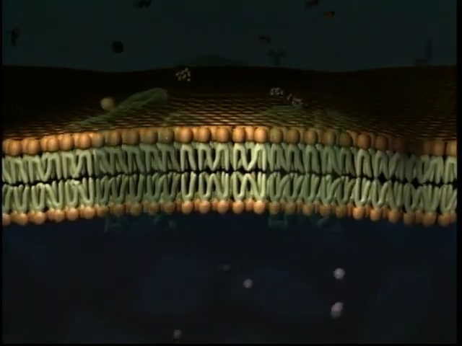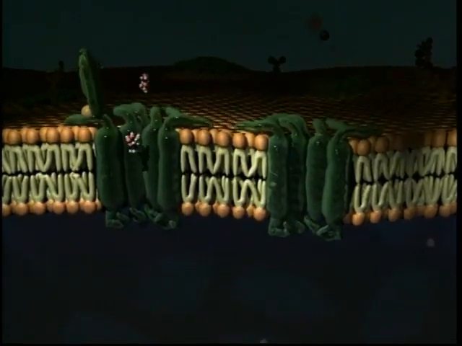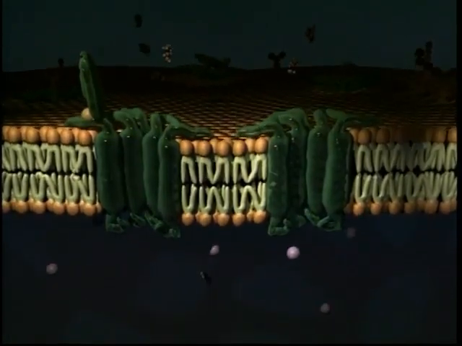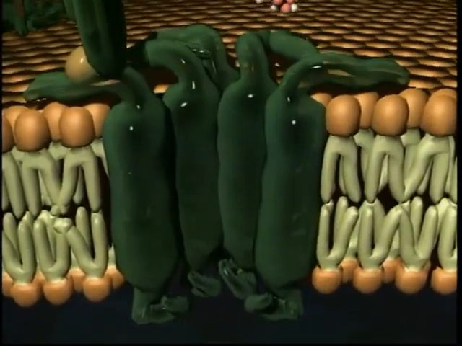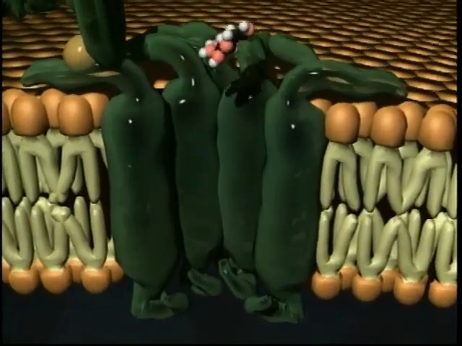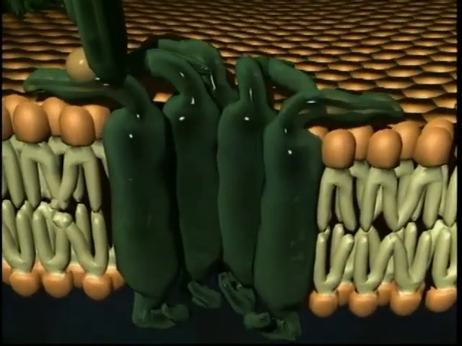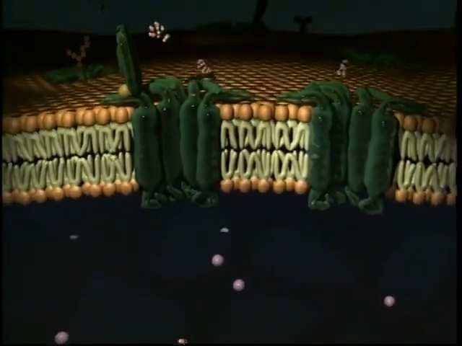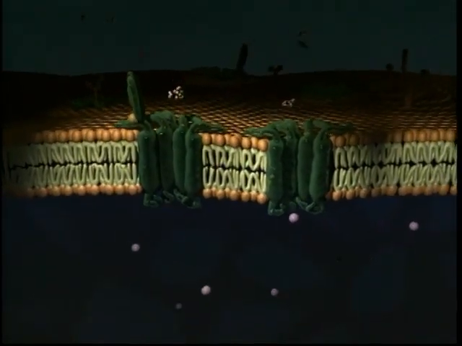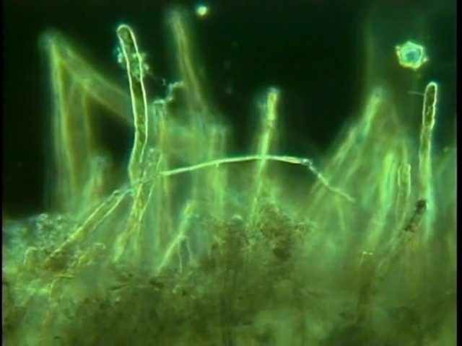For example, some proteins in a cell's membrane act as channels for specific ions or molecules. These channel proteins don't use energy at all. They simply allow the materials to naturally diffuse from the side with more solutes to the side with less. Whether the direction is out or in depends on where the concentration is higher for each different solute. The normal pathway is from outside to in. That's the passive diffusion, passive transport method. The cell requires no energy. The energy is obtained from the excess concentration on the outside.